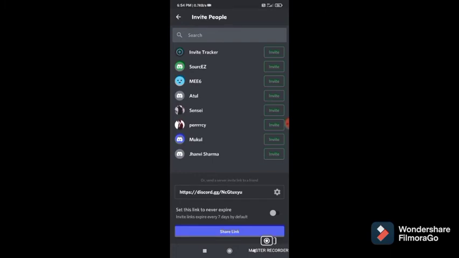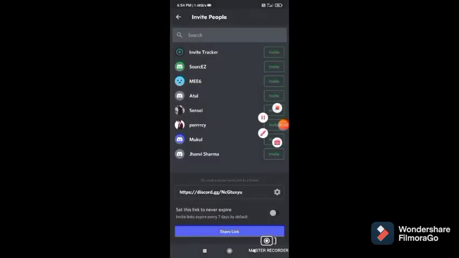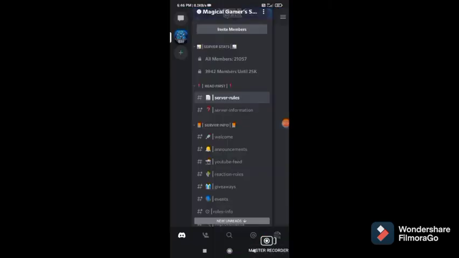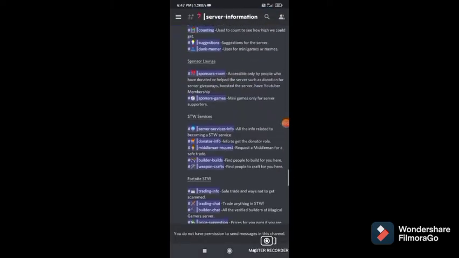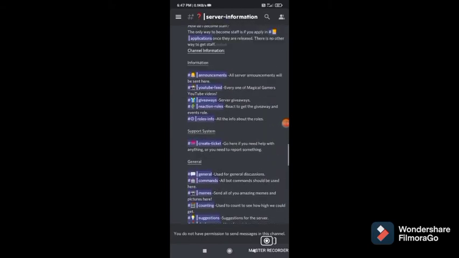Click on the button and invite your friend or family through social media. If you want to leave the server, then click on leave server. Each server has its own server information. You can read all of it.